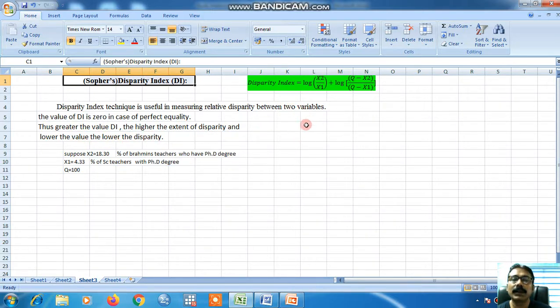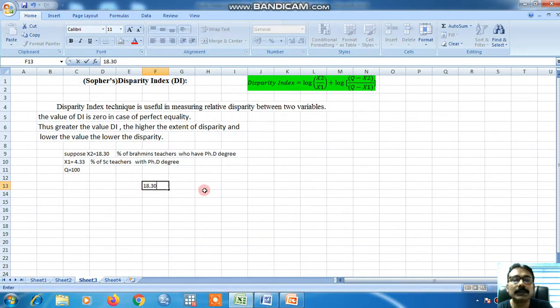In our hypothetical example, suppose x2 equals 18.30, which is the percentage of Brahmin teachers who have a PhD degree, and x1 equals 4.33%, the SC teachers with a PhD degree, and q equals 100. If you substitute these values, you get log x2 by x1 plus log of 100 minus x2 by 100 minus x1. Then, to calculate the log value, just write here